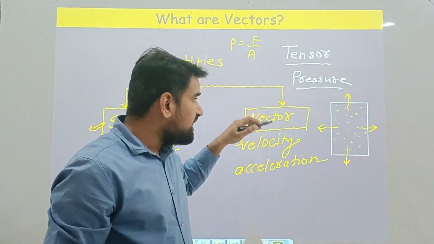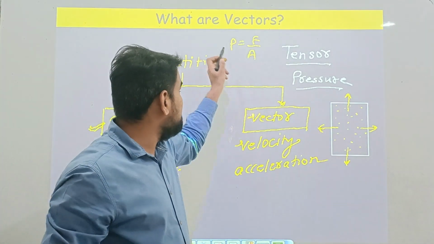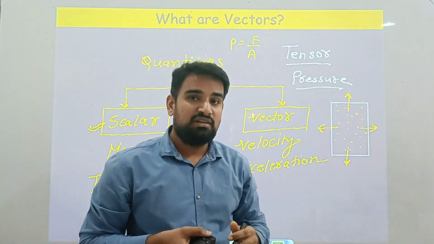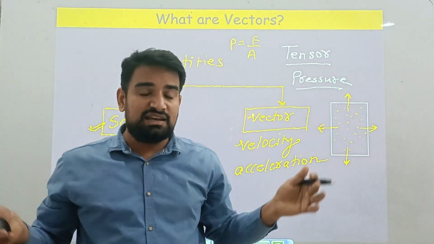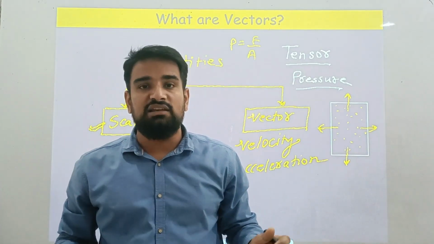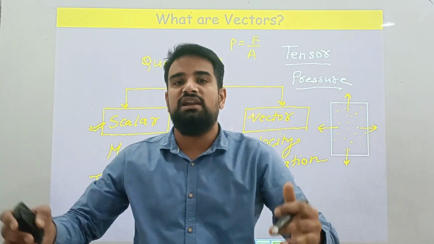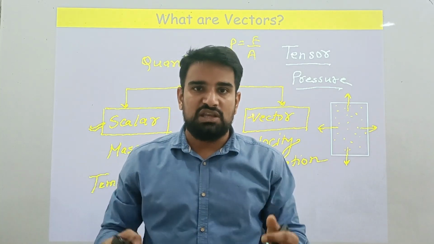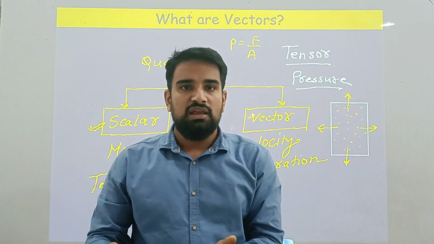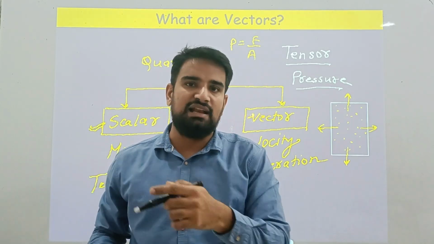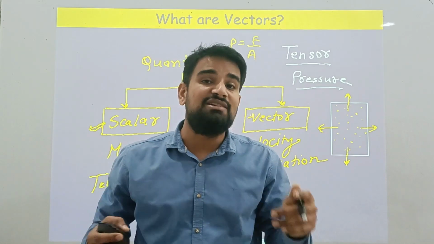All right, so we can clearly see that force is a vector quantity, but its outcome with area is pressure, and pressure is a tensor quantity, since it has no certain direction. Let's take another example. If we have a bucket of 20 liters of water, the whole water is applying pressure in different directions. That pressure created by the water on the container's wall is in all directions. It is not in a single direction.